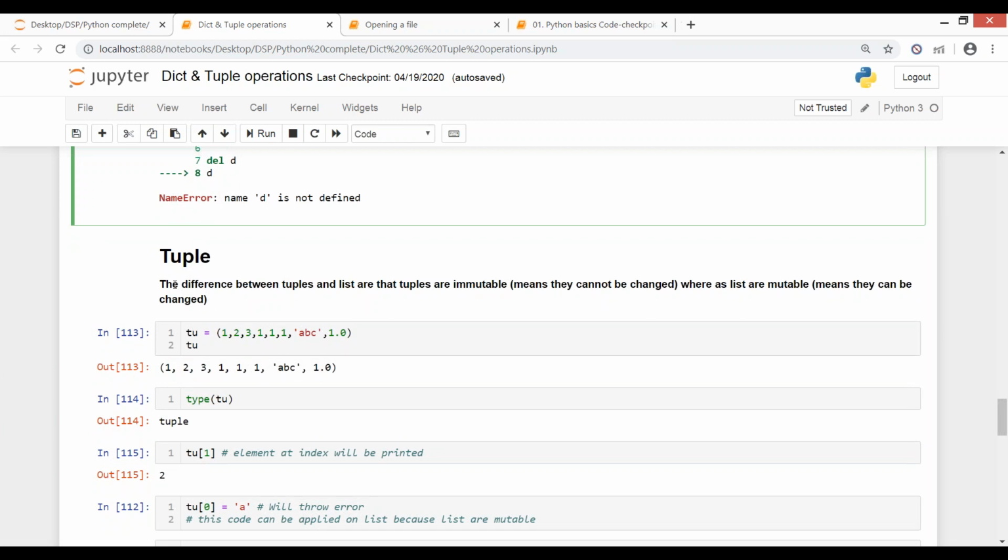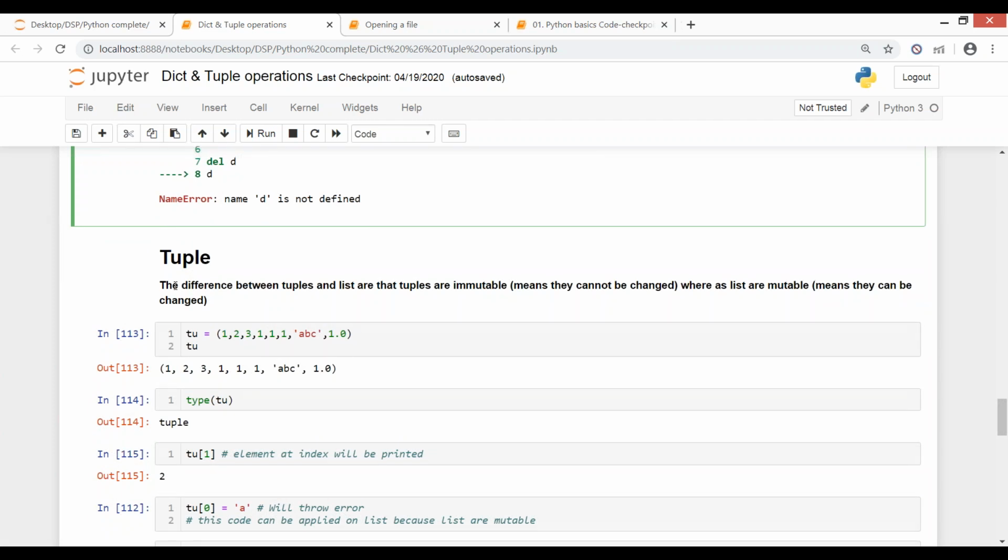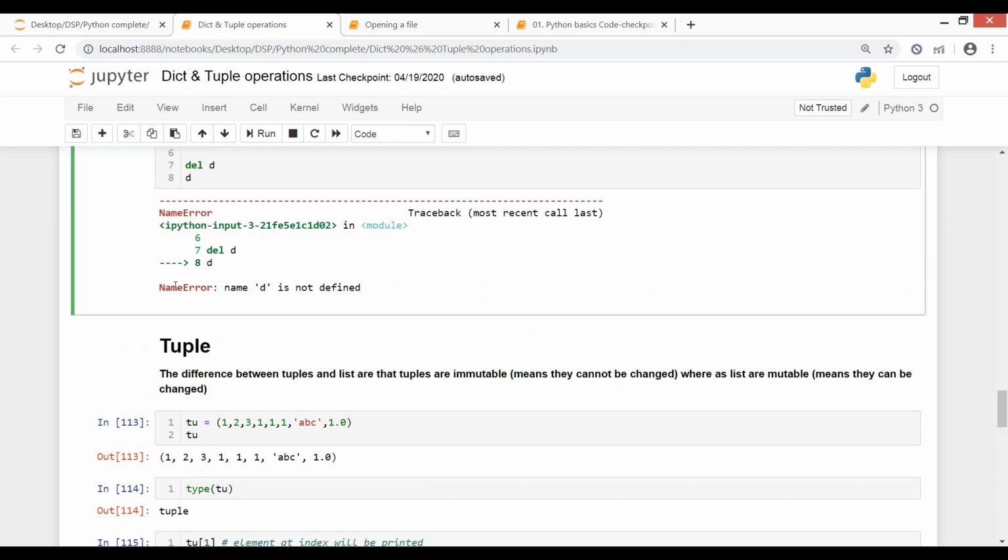So tuple is another way where you can store values, and they are called immutable. Just like my sets, dictionaries, and lists were mutable, tuples are immutable, because once a tuple is defined, you cannot delete anything from it. They cannot be changed, and you cannot add any value. So once they're defined, they are defined.